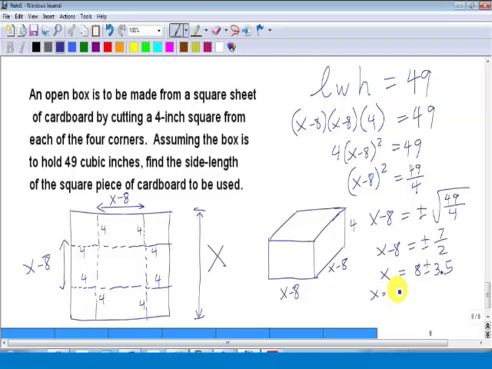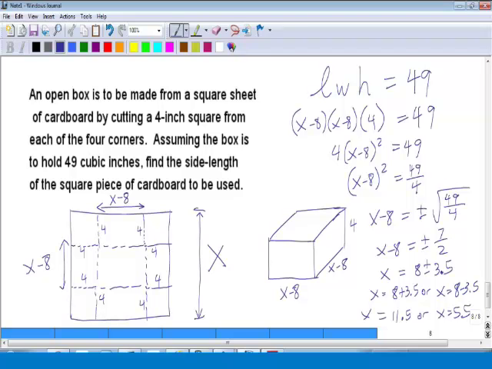So we're thinking X could be 8 plus 3.5, or X could be 8 minus 3.5. Now both of these are positive, but I'm not sure they both work for us. 11.5 or 5.5,